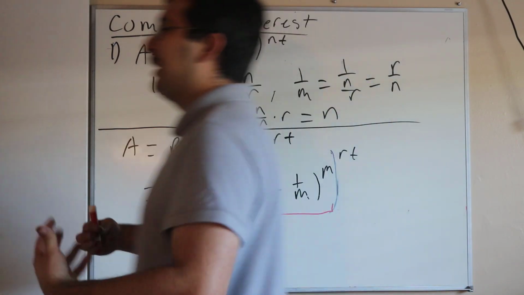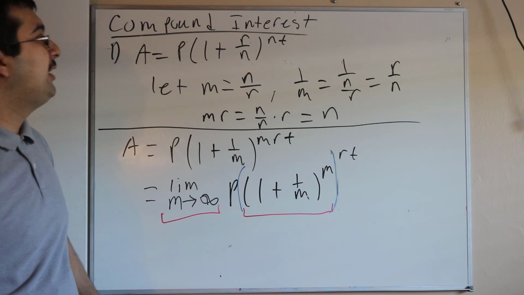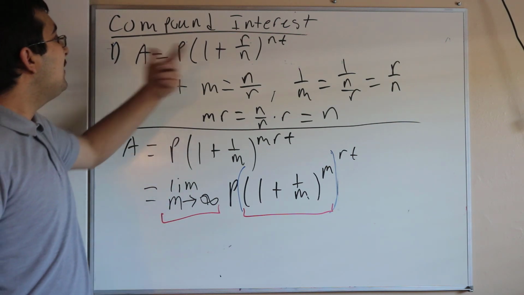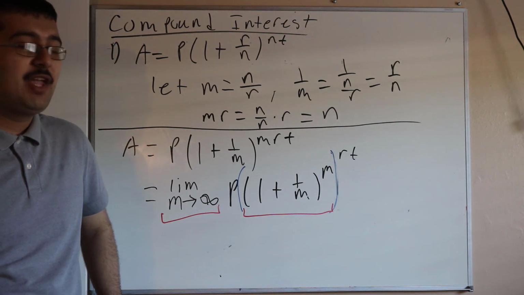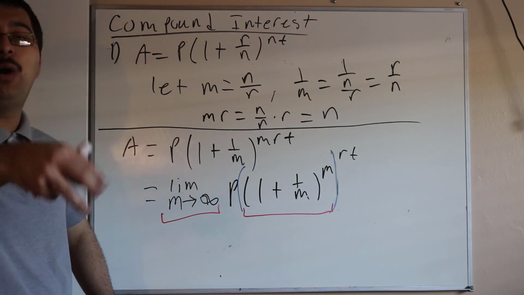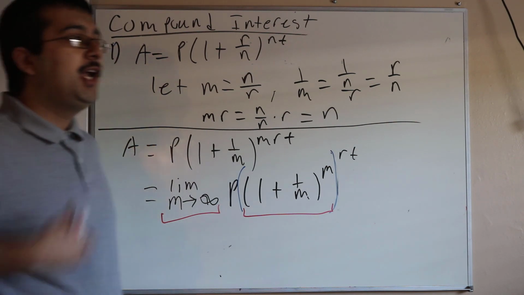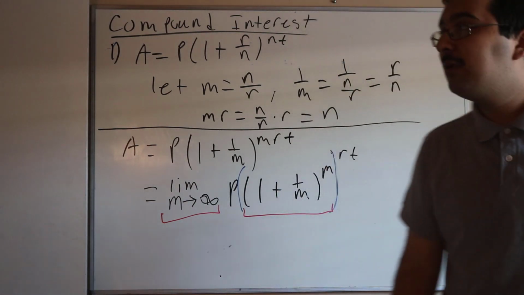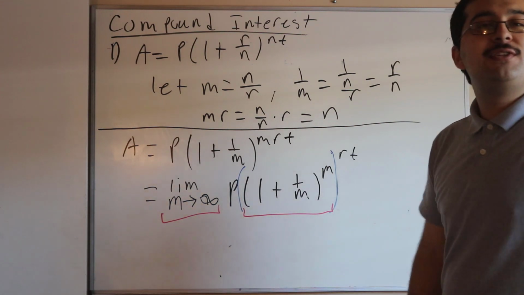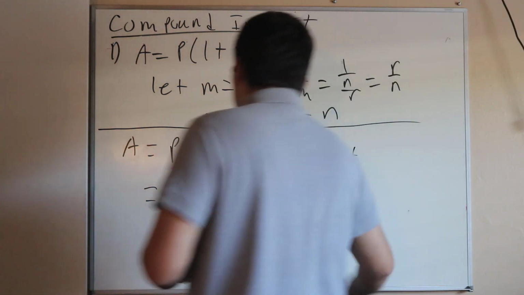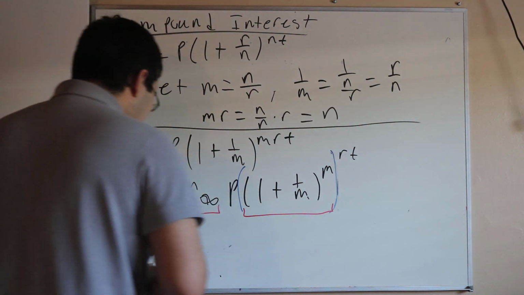What someone realized along the way, whoever knows how many years back, is that given this fixed number of compounds formula for compound interest, if we let that number of compounds just blow up, let it go to infinity, let us compound as many times as we want in a given year, in other words, you introduce a limit to your problem, through some subtle substitutions, that limit just becomes the definition of e, and as a result, we get our second formula for compound interest, this being